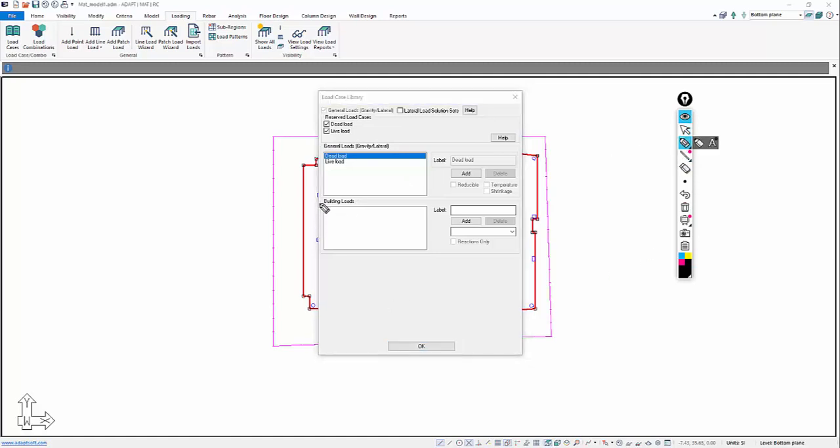Building loads is something that you will not use for a mat in this type of environment where you have a single level mat. This is primarily reserved for multi-level structures inside of the program. So you'll very seldom use this option when you're working on this type of model. I would recommend leaving this option blank. We're going to add all of our loads up here.